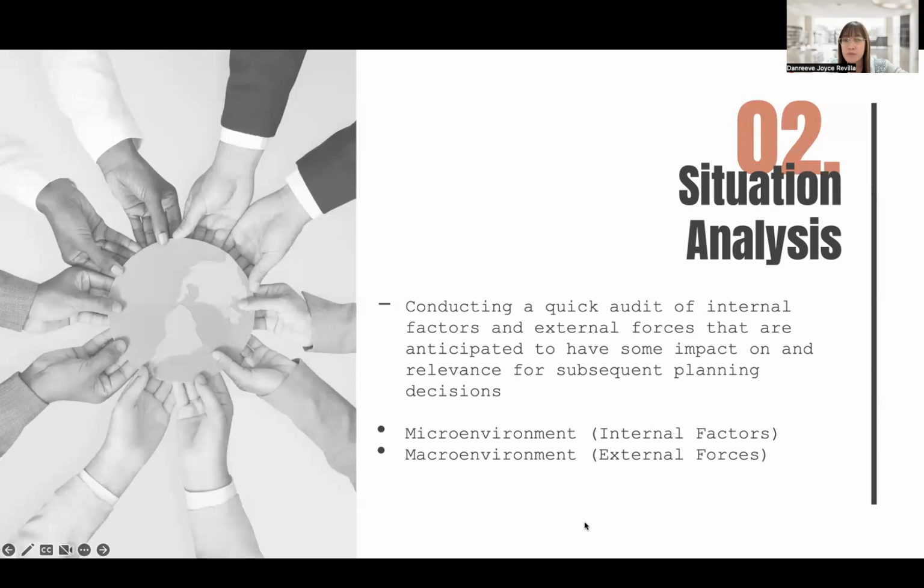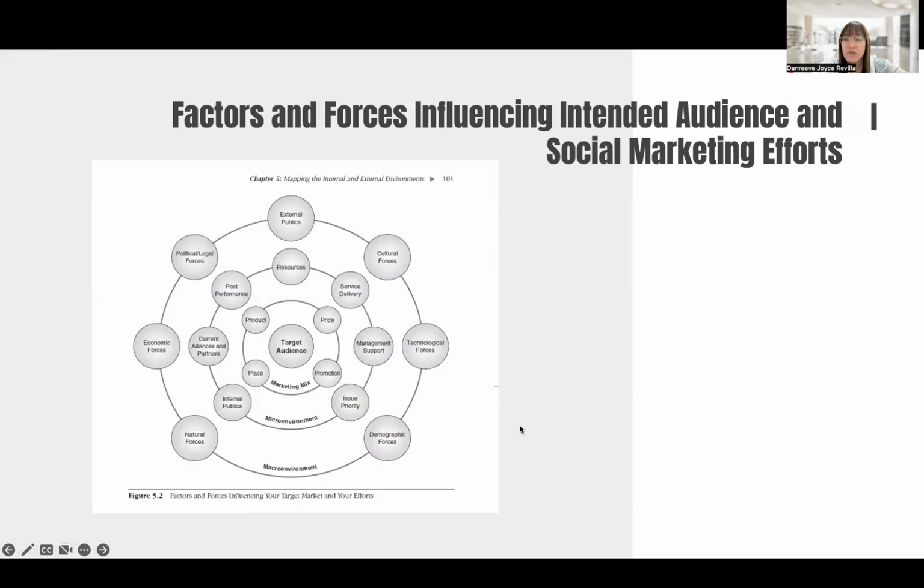So this is the actual diagram or figure which shows the level of influence to the target audience and your campaign efforts. This is factors and forces influencing intended audience and social marketing efforts. The outermost layer is macro environment, which is followed by the micro environment, and then marketing mix in particular